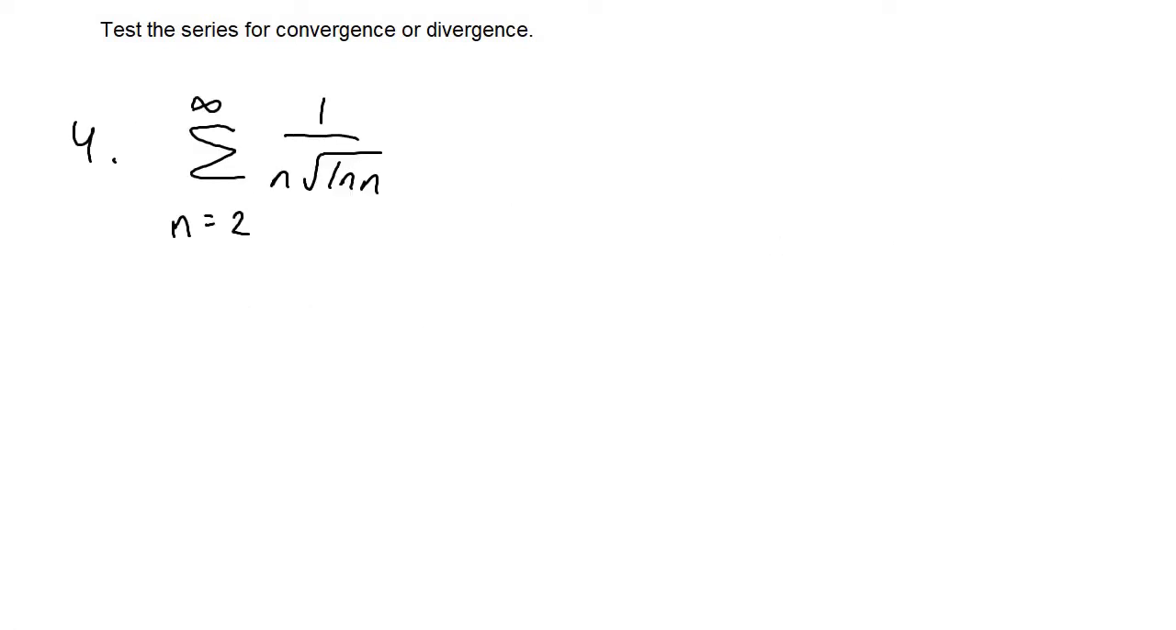Now for number 4, we have the infinite series from n equals 2 to infinity of 1 over n times the square root of ln n. Now in this case, I see that I can do the integral of this, and before we do the integral test, we have to make sure that this function is decreasing, continuous, and positive. So if I change the variables from n to x, we have 1 over x times the square root of ln x. This function obviously is bottom heavy, so it's decreasing. It is continuous from 2 to infinity, and it is positive and above the x-axis,